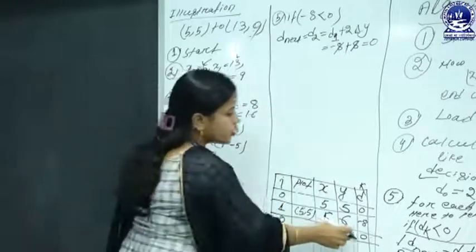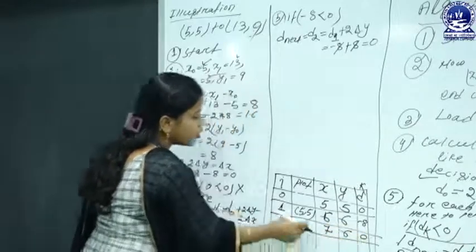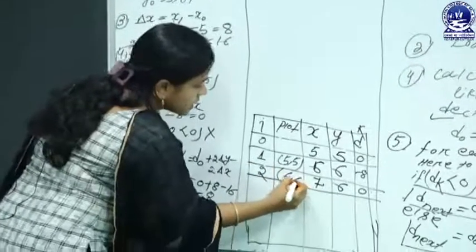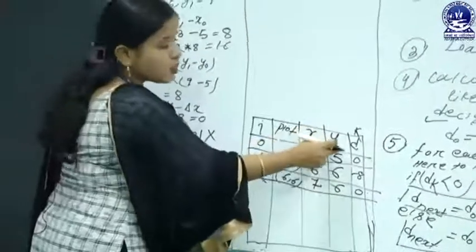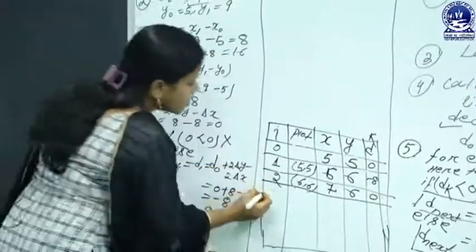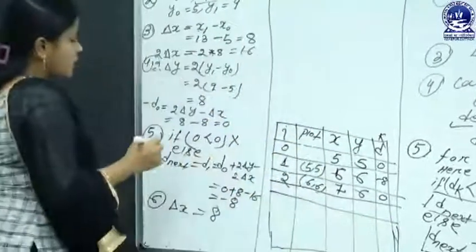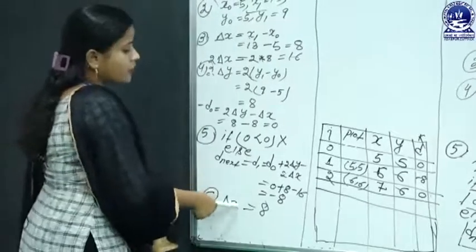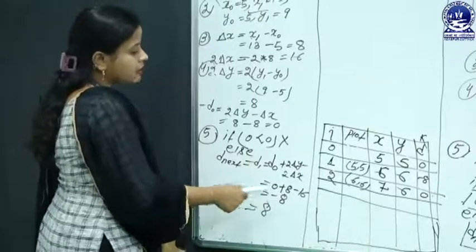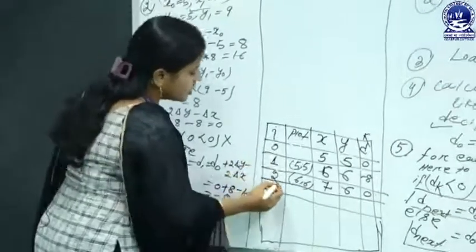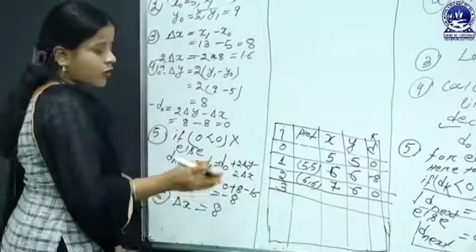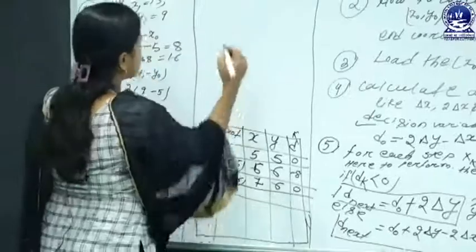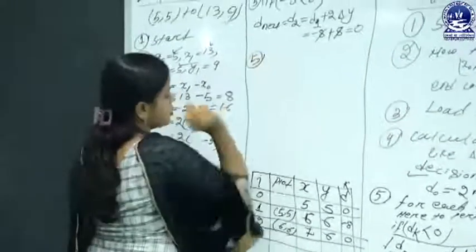Okay, when you have calculated the decision variable, then you have to plot the given pixel points. That's 6, 6, by choosing the previous pixel coordinate elements. Okay, now go again to check the condition for iterative execution. That means now check whether it appears delta x times or not. In this case the ith coordinate, that's 3, is not equal to 8. So now it goes again to the step 5 execution. So now execute step 5 again.